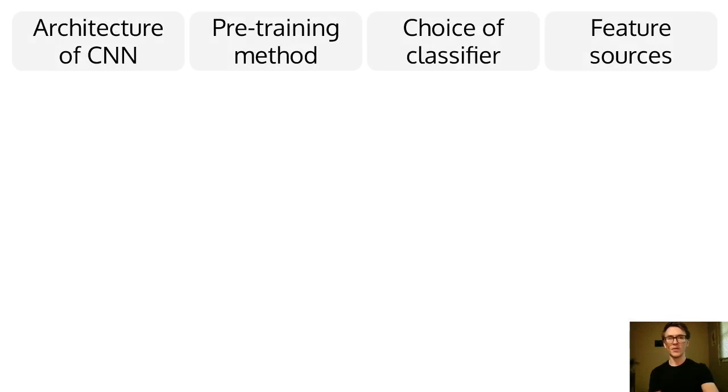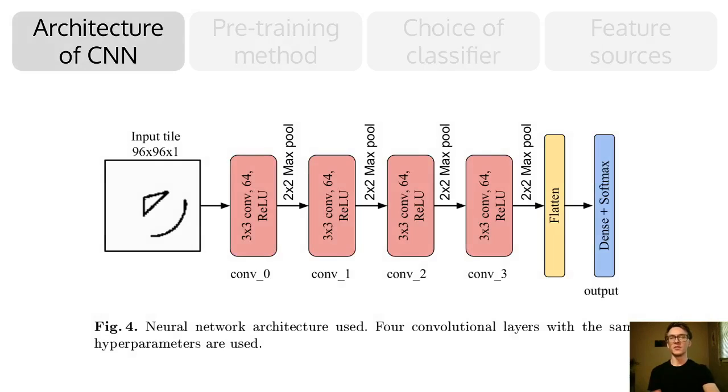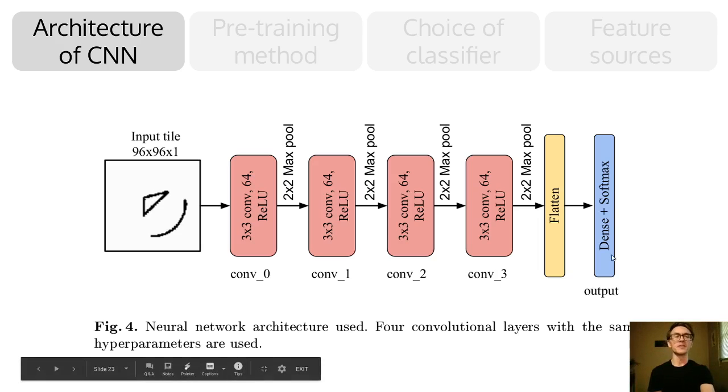So now we'll look at our experimental setup. There are 4 main decisions we need to make for our experiments. First, for the CNN architecture, since we don't particularly care about how the architecture itself affects results, maybe later work, we use a relatively simple architecture with the same layer repeated 4 times,